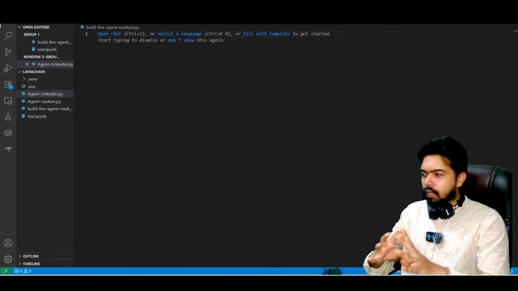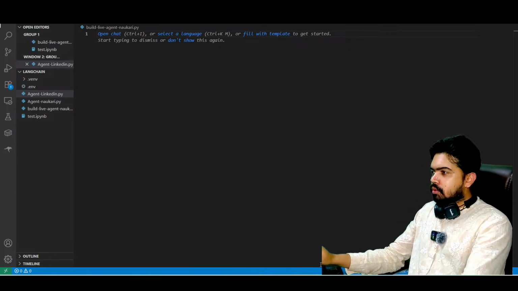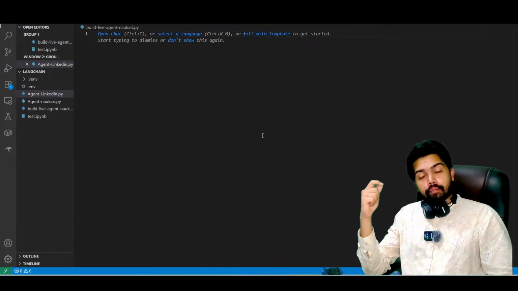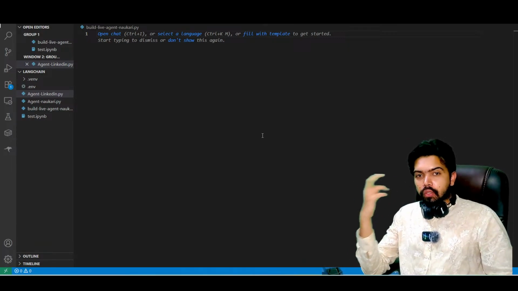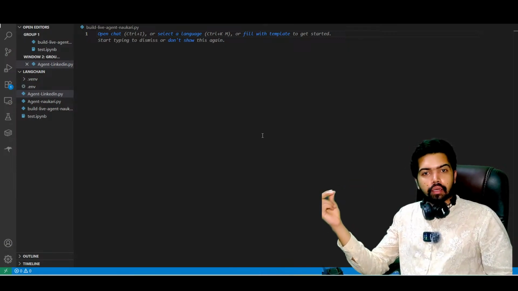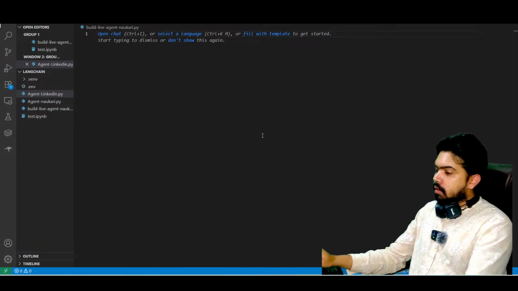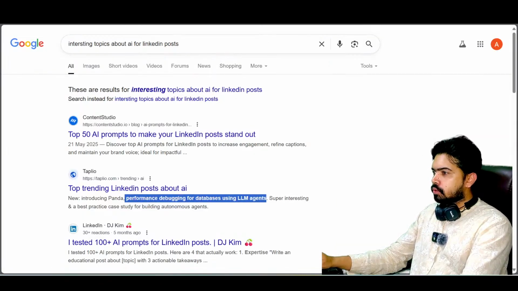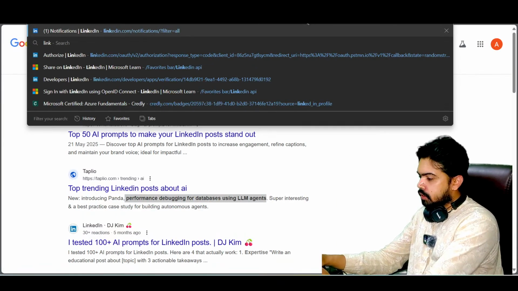All right, to start with this, what we need first is LinkedIn's API, right? LinkedIn provides us an authorized API through which we can create automation to post these things, right? Now, to do that, let me quickly walk you through that. So there is something called LinkedIn